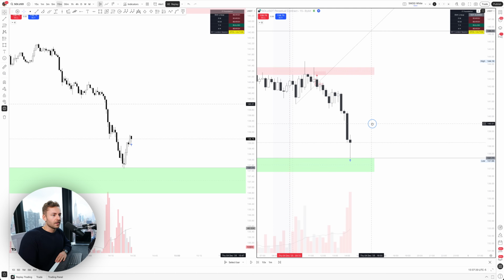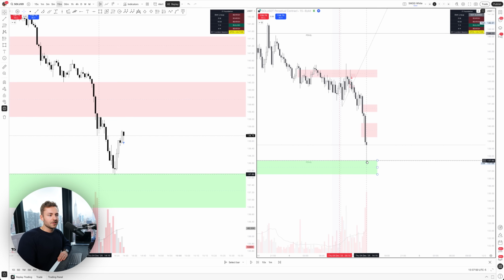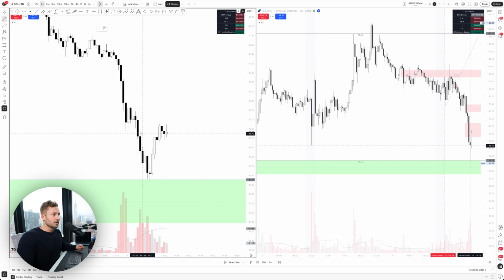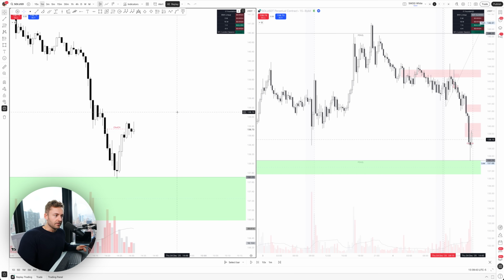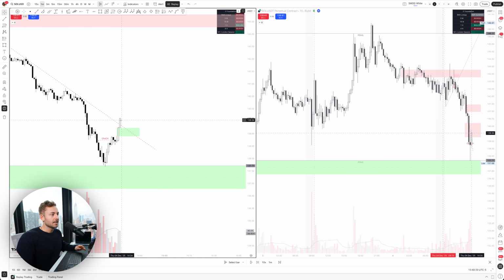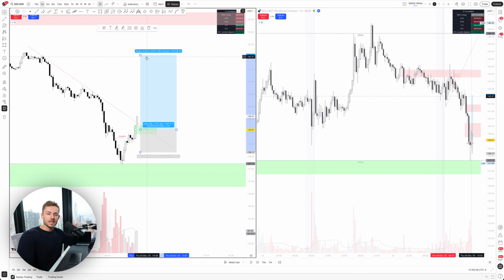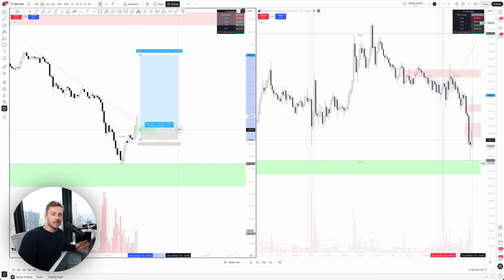So now we have new fair value gaps on our chart. So we have this one, and we have our previous day low fully rejected off of. So you can see we have a change of character right here after a big rejection off of that previous day low, a big displacement candle with a large fair value gap left over right here. We also have a clean candle close outside of this temporary downtrend here. So once again, displacement candle, change of character, reaction off of one of our key areas, showing that bigger buyers